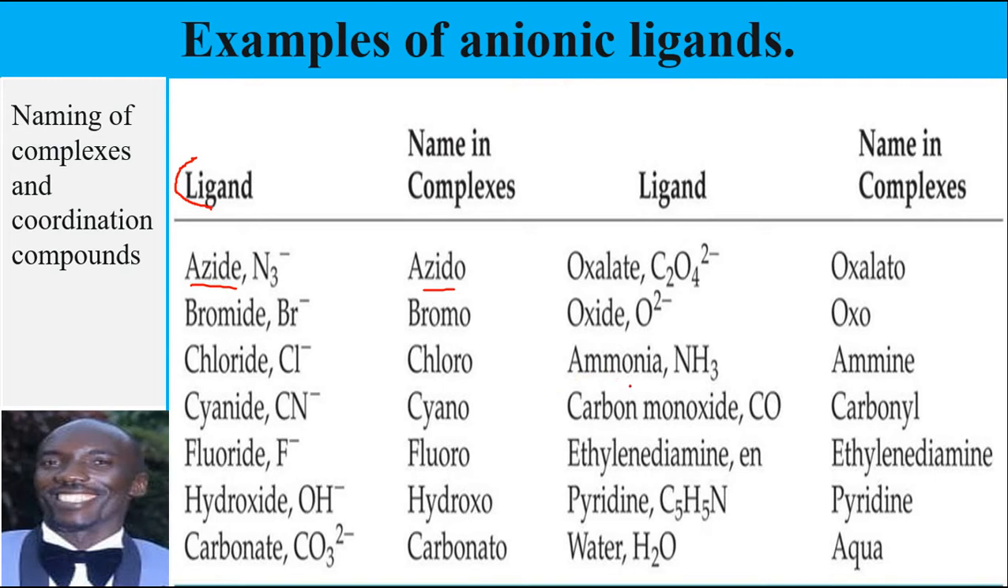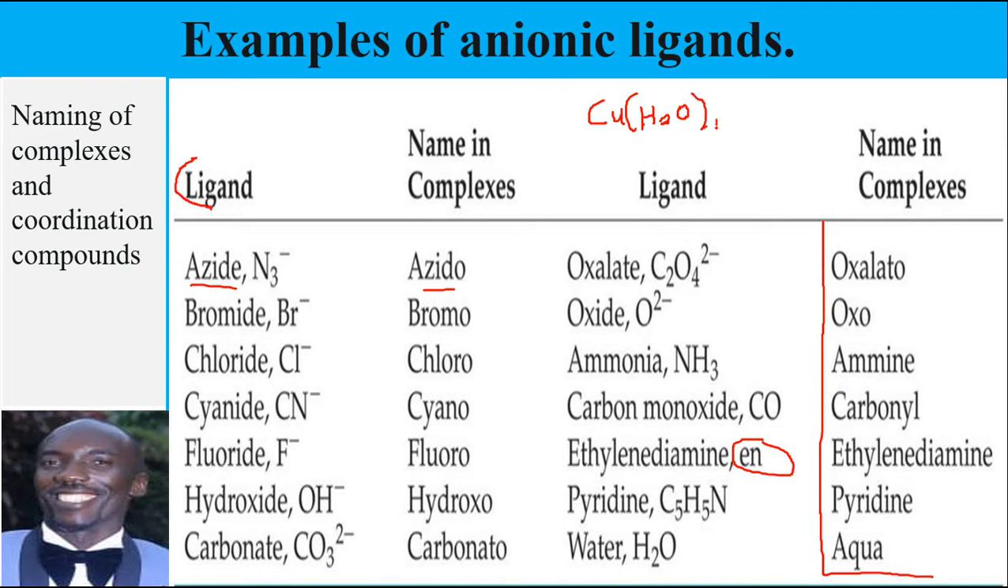Here we have ammonia, it changes to amine. We have carbon monoxide, changes to carbonyl. Ethylene diamine, which we can abbreviate as en, changes to ethylene diamine. If you have water, it changes to aqua. So what we are having on this side, these are the names that are used within a complex when you're naming a complex. In other words, if I have a complex of, maybe, copper, if I have an example like this,